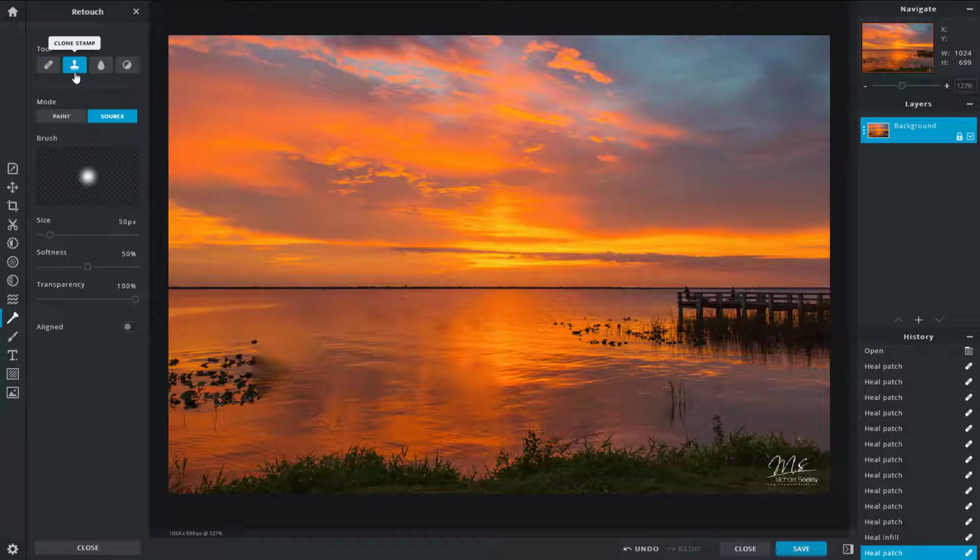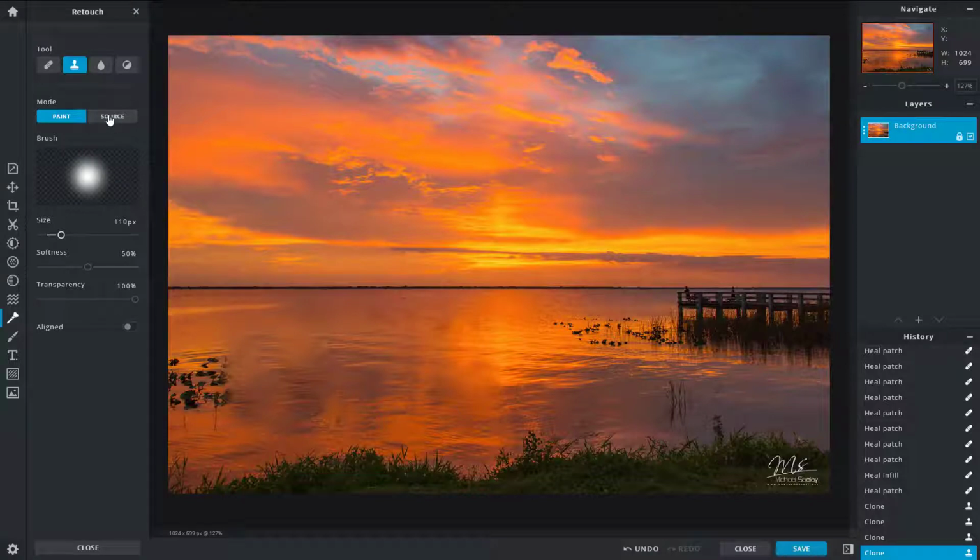The other option here is the clone stamp, as you can see right over here. You can choose the size of the brush right over here, and then you can actually draw. What this is doing is that it is taking another sample. So you can see the other dot while I actually draw. It is taking that sample right over there, just like that.